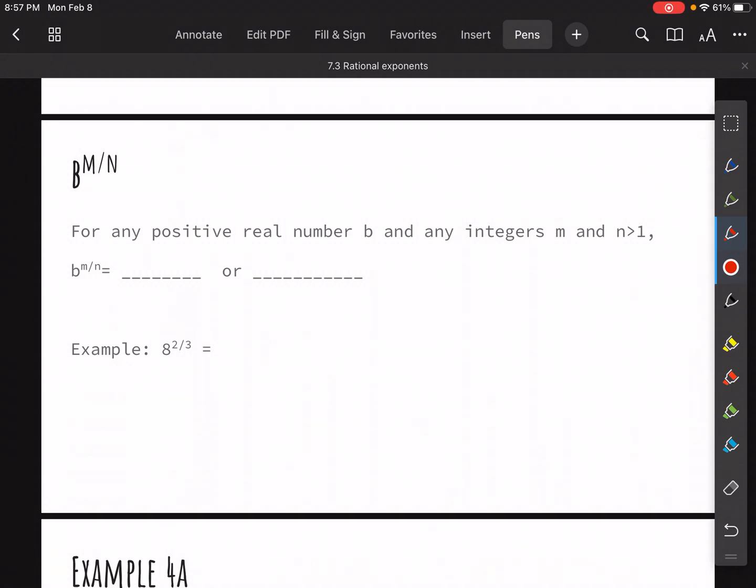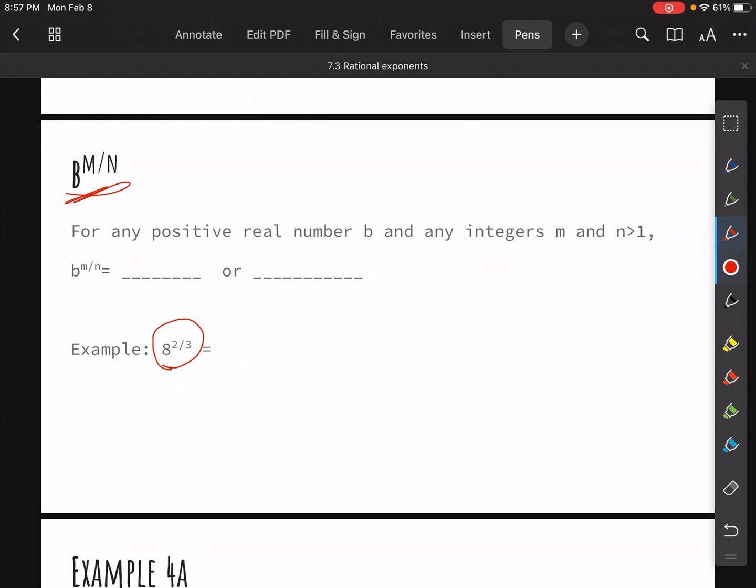Alright guys, here we are back at 7.3. Had to split this up into two parts because it was just a little bit too much for one lesson. So for the second half here, we're going to get into fractional exponents in which we don't have 1 in the denominator anymore. Okay, so they use m and n, I don't know why they make this so confusing, but